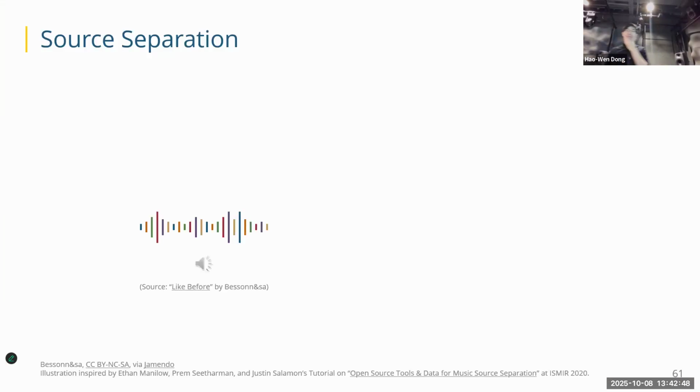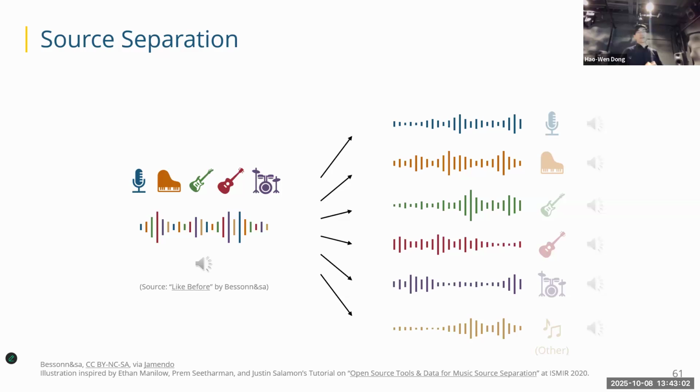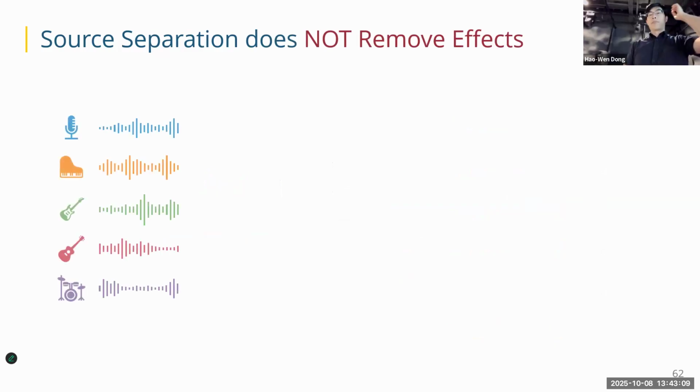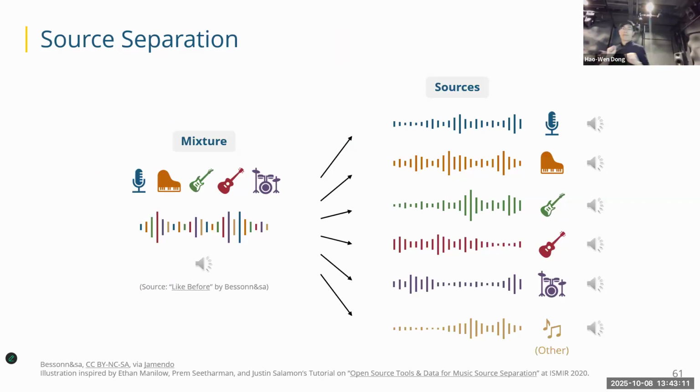Cool. Just to recap, we've been talking about source separation, but basically, a mixture of audio and you want to separate it into multiple tracks. It could be vocal, piano, bass, guitar, drums, but it could also be something else. It could be each single drum, or different vocal parts, or even in the cinematic case, you can do soundtrack, dialogue, and effect